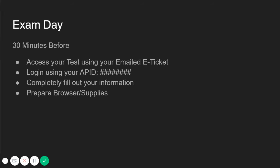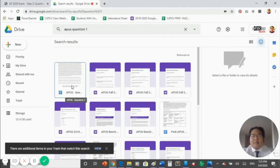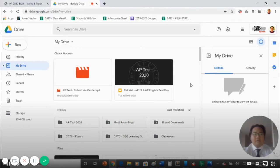On the day of your test, log in 30 minutes early using your e-ticket ID. Open up your email, click on the ticket, and enter the testing room with your e-ticket. It is an 8-digit number and letter combination. Begin to fill out your information, personal information, and then prepare your browser by following the video instructions below. It's time to set up your